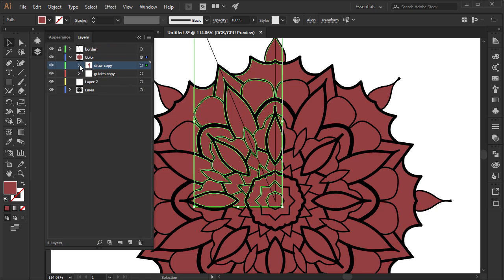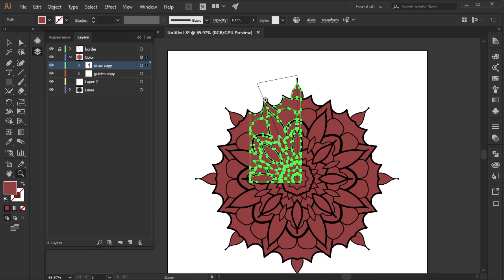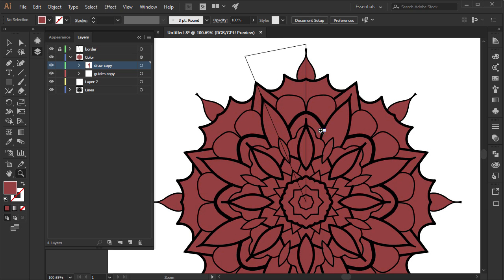So that's basically it, guys. That's how you color it. And of course, it's only one segment. We need to expand it again and then merge it using the Pathfinder. So let's see what we have here. We can now turn off this visibility of this border right here, but actually I'm gonna put it back so we can see the main template that we have.